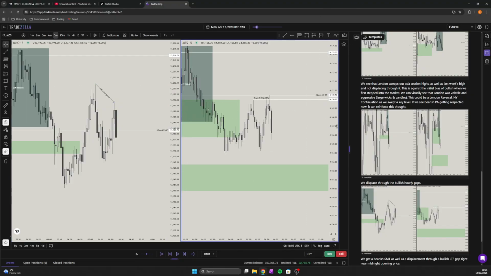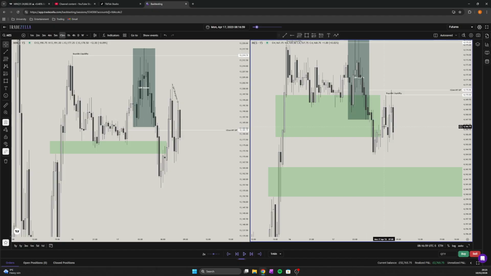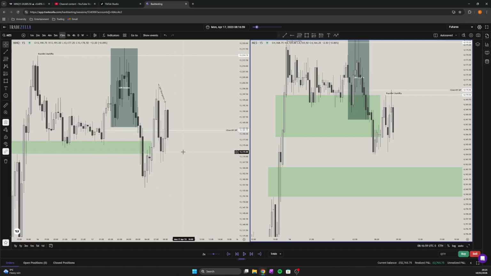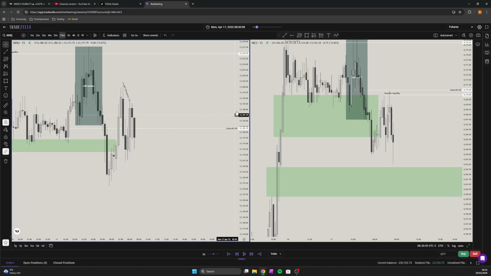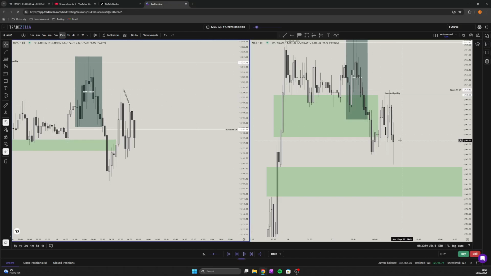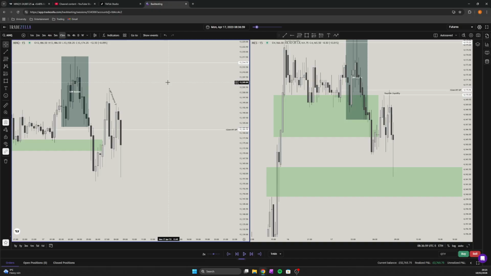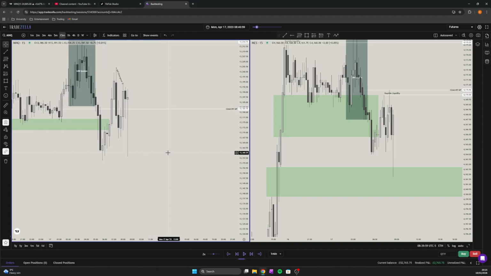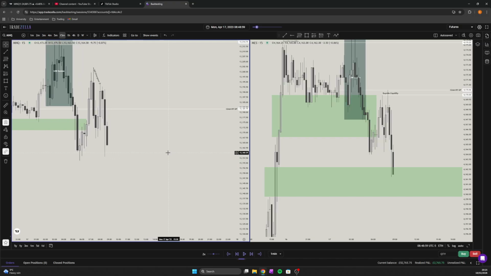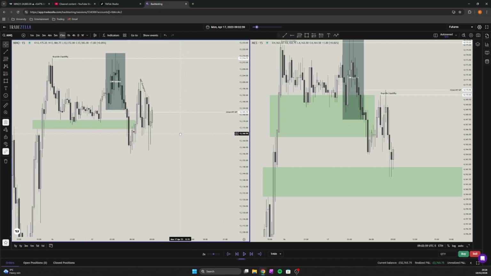Okay, let's check on the 15. We get an inversion. Is there an inversion? Oh, you greedy fuckers might actually take that. All right, so 8:30 opens. Do we see anything? Do we have a potential CISD? Yeah, we do. Oh boy. Okay, but look what happens here. Look what happens here. Okay, I'm staying very skeptical for the minute. All right.